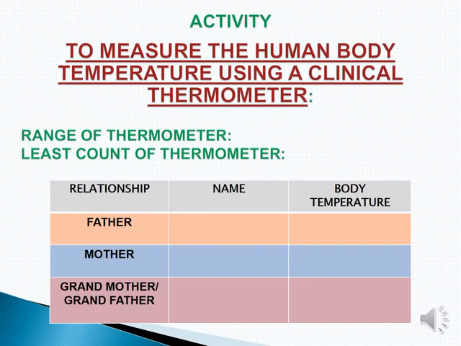Students, this activity you will do in your notebooks. You can use a clinical thermometer available at your home. Before measuring the body temperature, wash the thermometer, hold it firmly and give it a few jerks. Now place the thermometer gently under the tongue of the person being observed. Let it remain there for about 1 minute. Now take out the thermometer and note the reading.